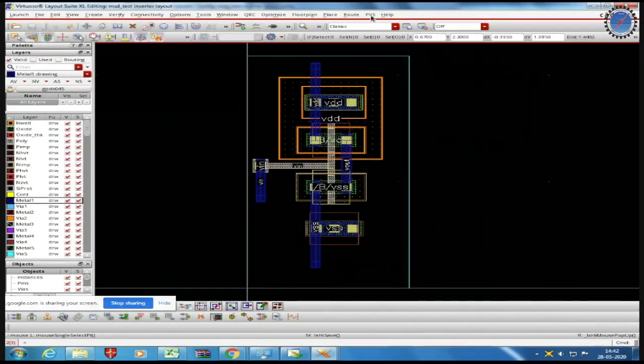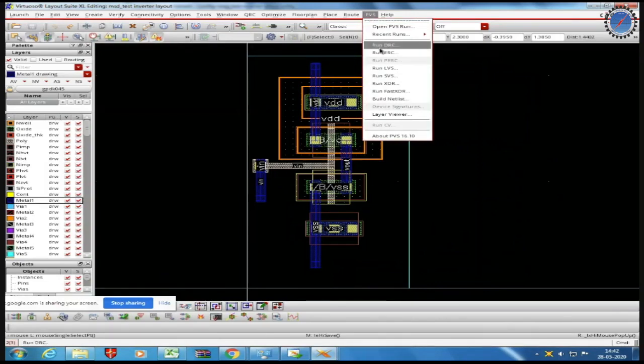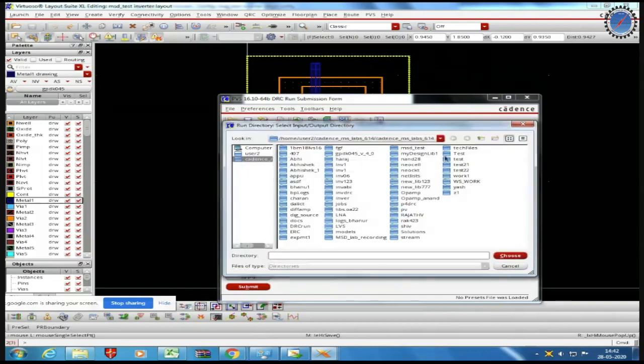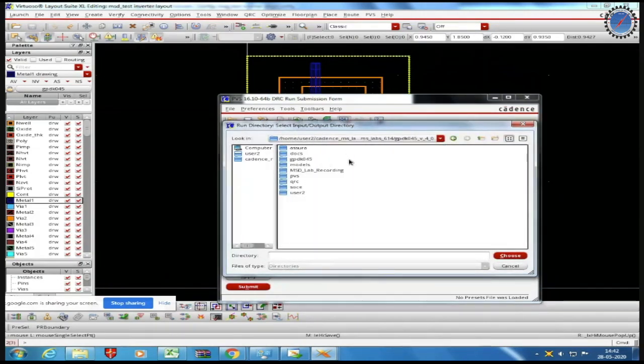And then first we'll perform DRC check, which is design rule check, where we are checking the layout with the design rules specified in the technology file. So for that, go to PVS, run DRC. There in the run directory, choose a folder, go to GPDK45, user 2, and inverter DRC, any random folder.